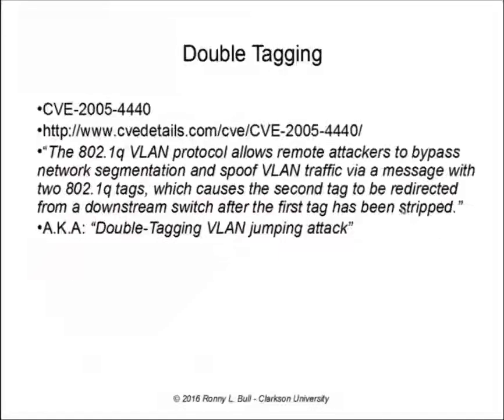Okay, let's talk about double tagging now. Here's the CVE for double tagging. The 802.1q VLAN protocol allows remote attackers to bypass network segmentation and spoof VLAN traffic via a message with two 802.1q tags. So we saw before that we have a normal,